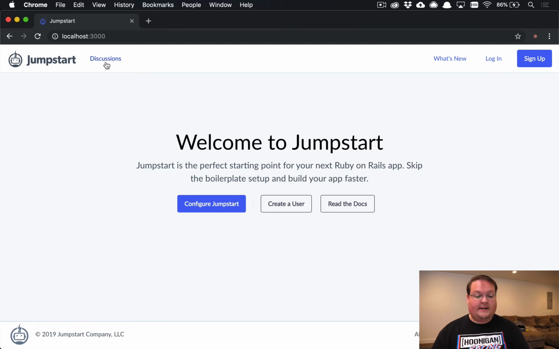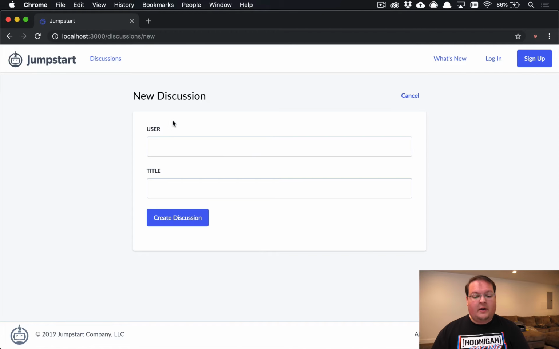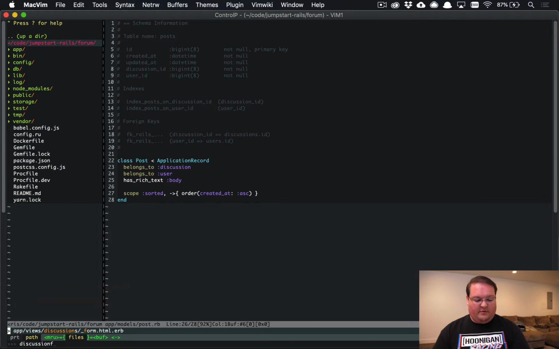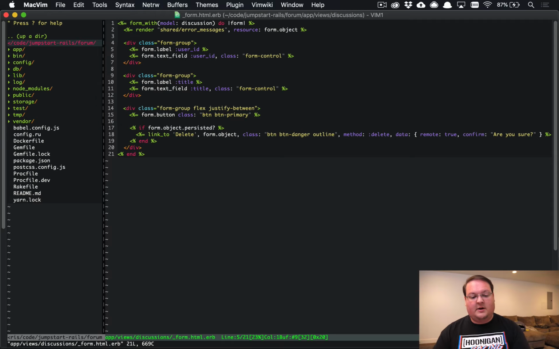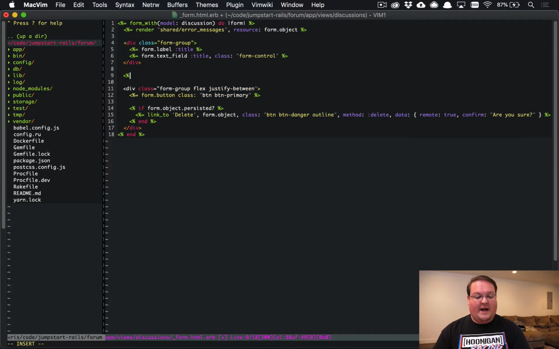So now if we hop back in the browser, we can go to the discussions tab here that's generated by our scaffold in Jumpstart Pro, and we can create a new discussion. Now we need to modify this form so that we don't include the user, but we also include the post in there so that you can create a new discussion with a title and one new post. So if we open up the discussion form.html.erb file, we can delete the user ID in here, and we're going to add that nested attribute for the